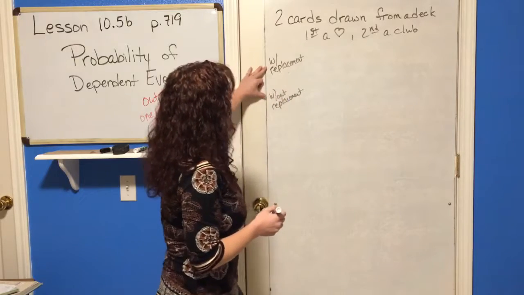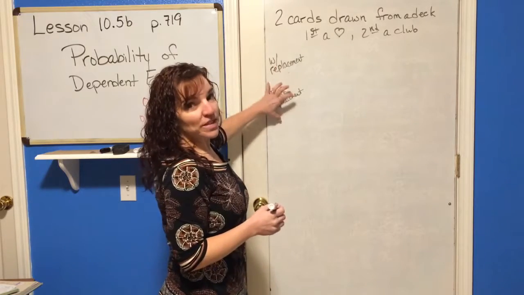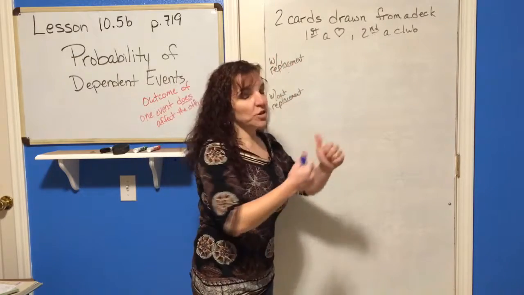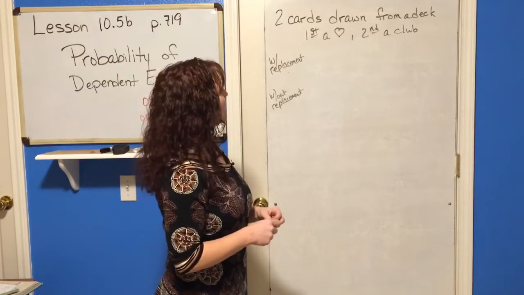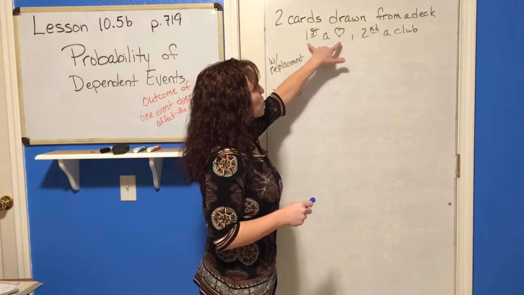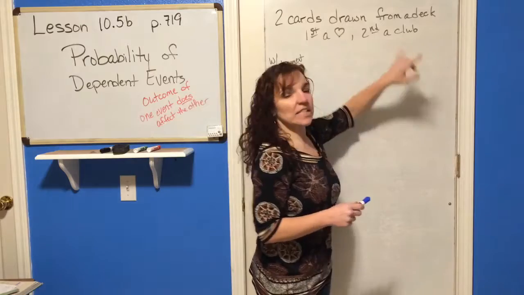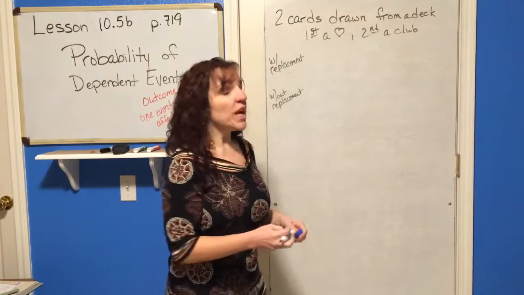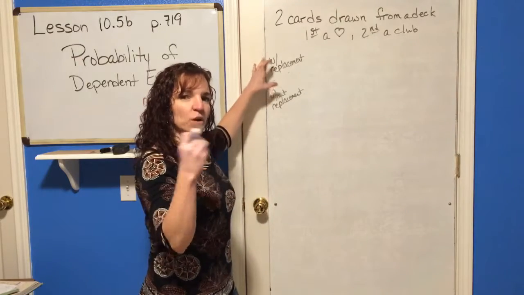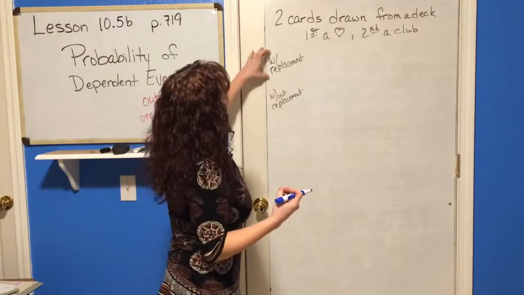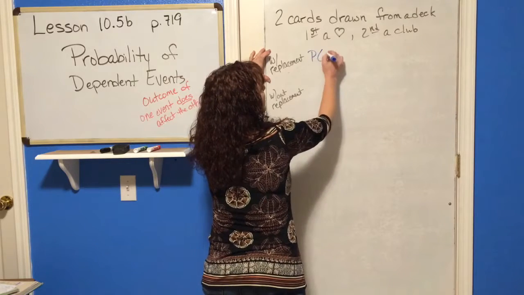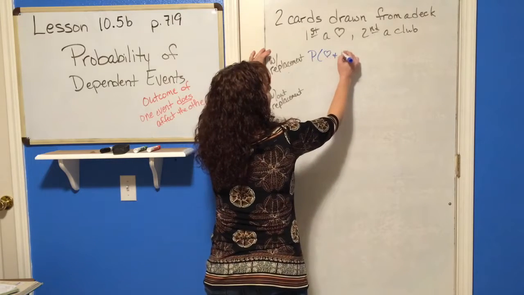Let's compare an independent with a dependent event and see what it does to the probabilities first. We've got a deck of cards, a regular 52 card deck. What is the probability that I draw first a heart and second a club from that deck? Now, it's important that you answer the question, are you replacing that card in the deck or not? In this case, we're going to replace the card. So I want to know what is the probability of drawing a heart and a club